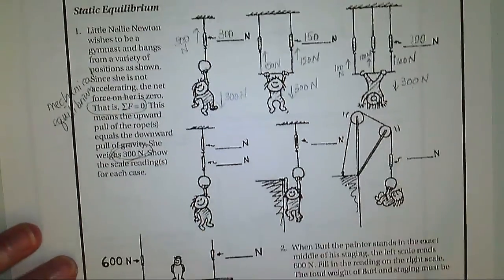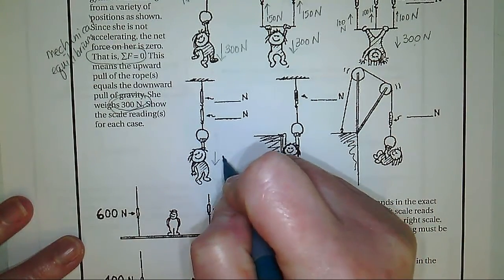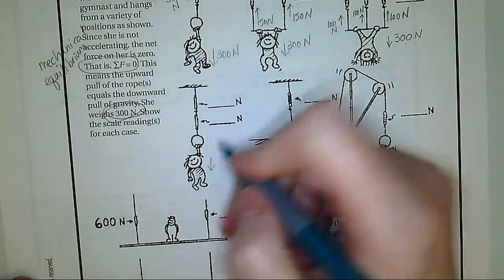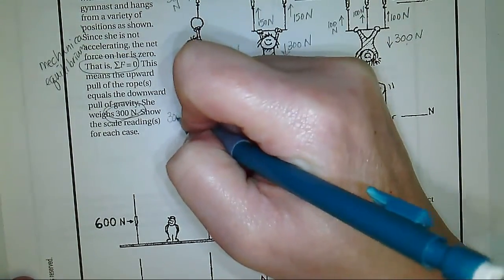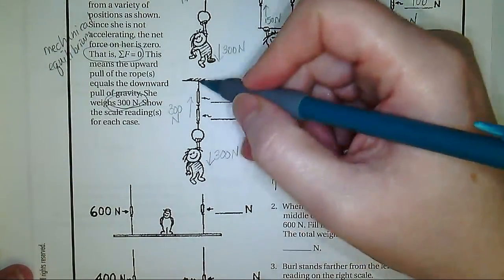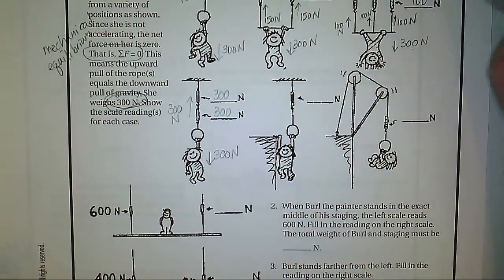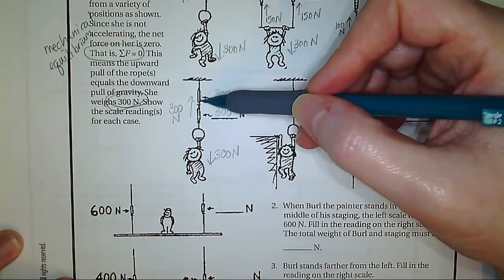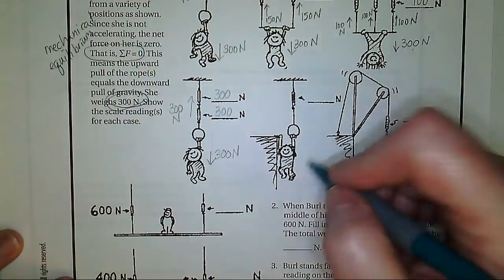So we have her being a kind of a smarty pants here and hanging with just one hand, right? And again, we know that her weight is 300 newtons. And there's only one rope here pulling up that has to be pulling up with 300 newtons. So this one rope, each of these has a value of 300 newtons, right? And again, they're not adding together here because they're just supporting her weight. And each scale here is independently going to support her weight. So it's 300 newtons on each of those. Here she is again,